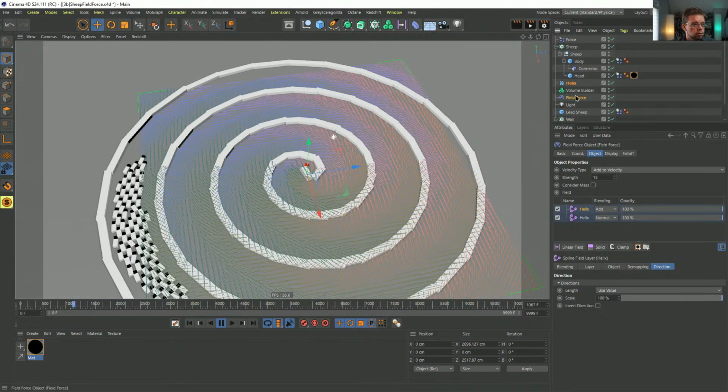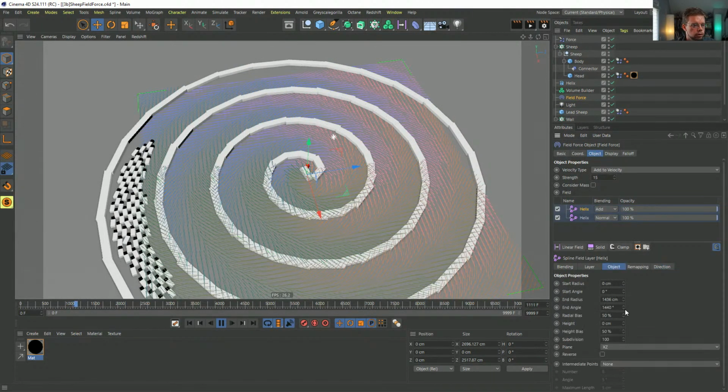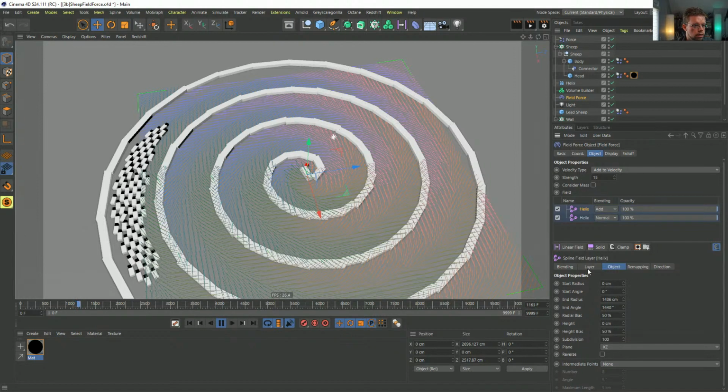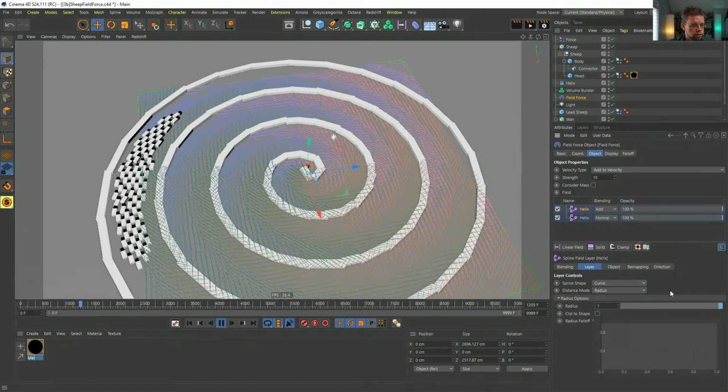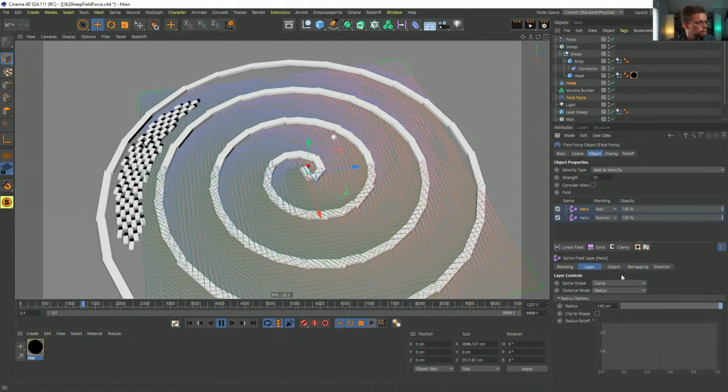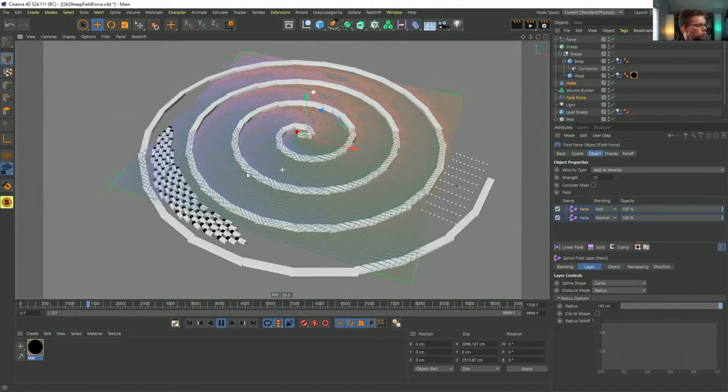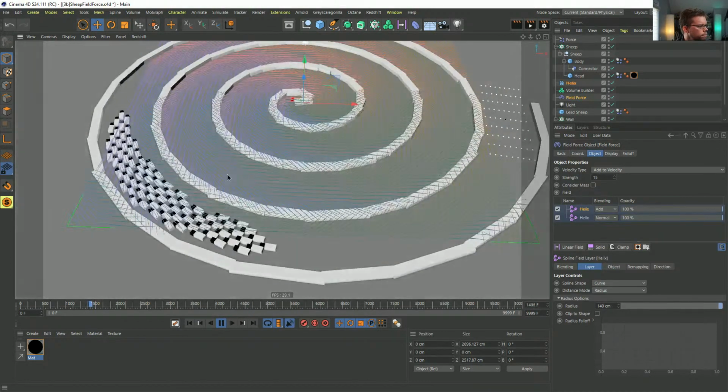Now, I do want them to stay away from the wall, but it doesn't have to be that much, so we'll decrease that radius. Layer 140. So they can get a little closer to the wall, that's the point. All right, so each of them is independently doing their own thing, traveling over that way.